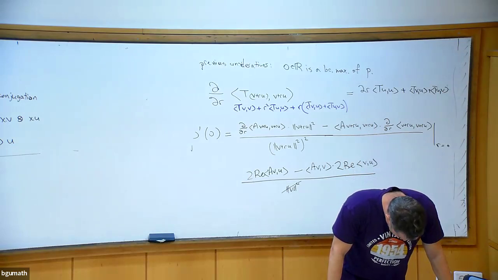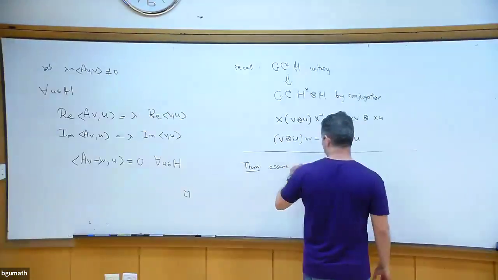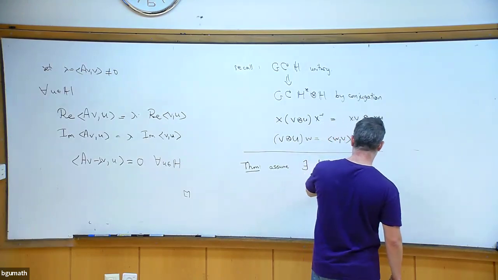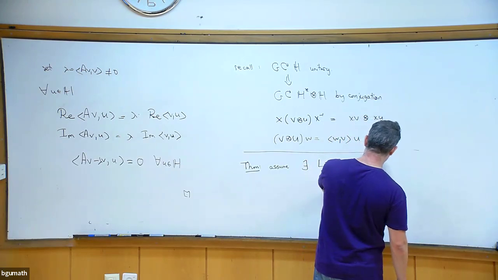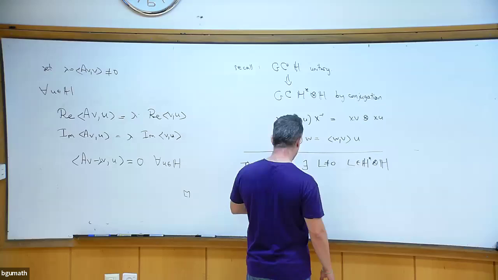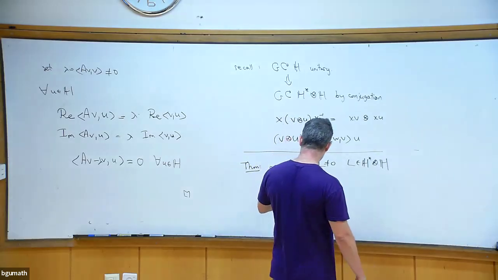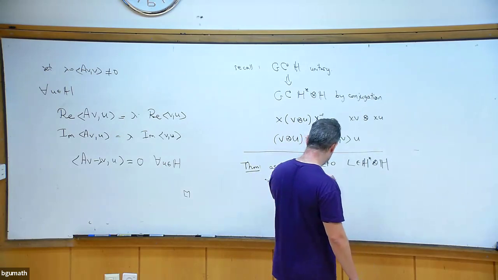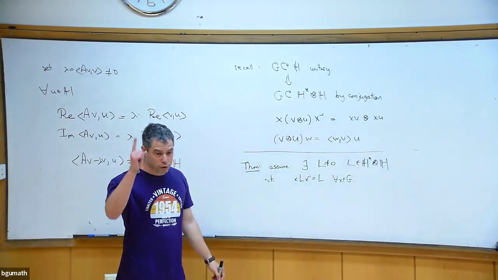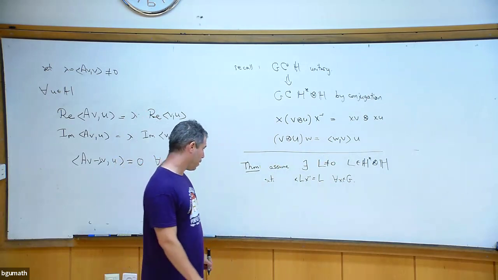So assume that there exists a non-zero Hilbert-Schmidt operator L, not assuming it's self-adjoint, such that L is fixed by G. Okay? A fixed vector in the Hilbert-Schmidt space, so it's already one more level up. Then